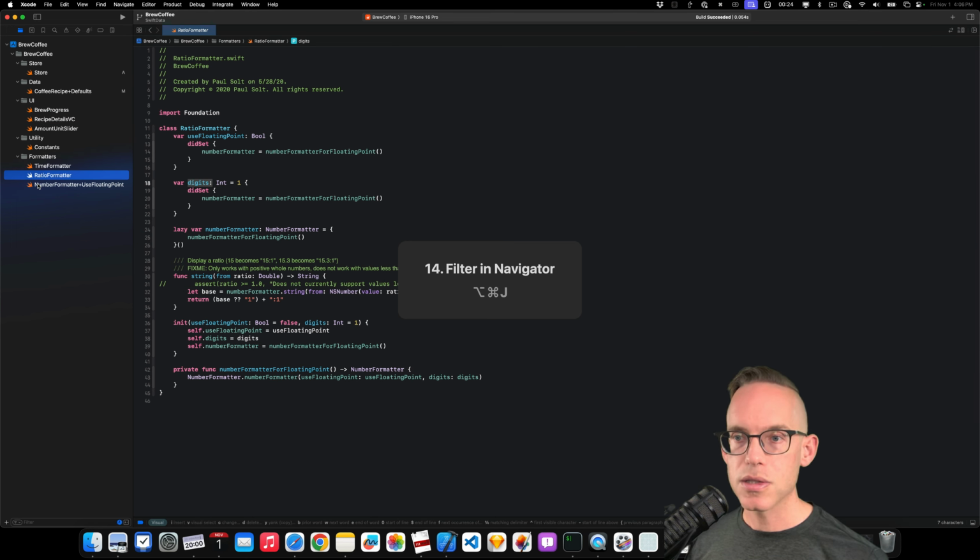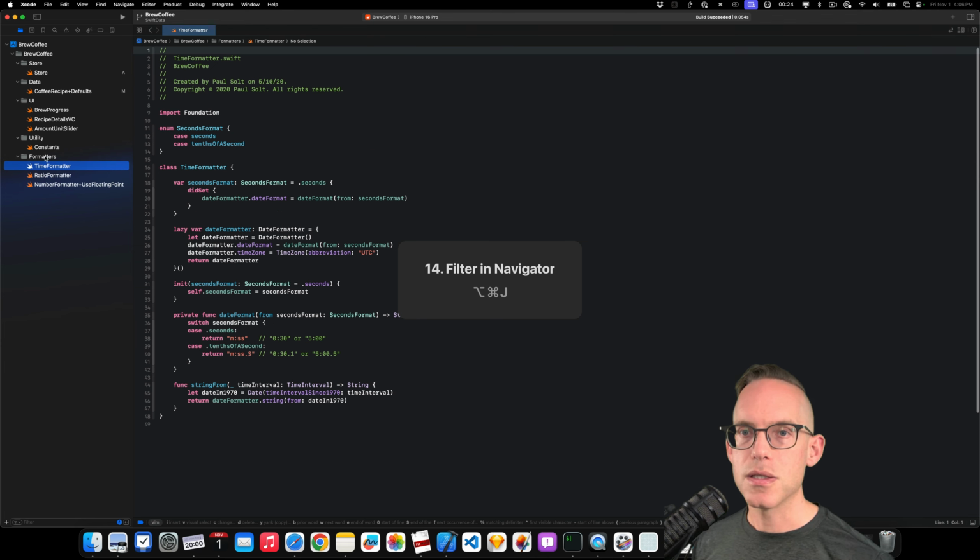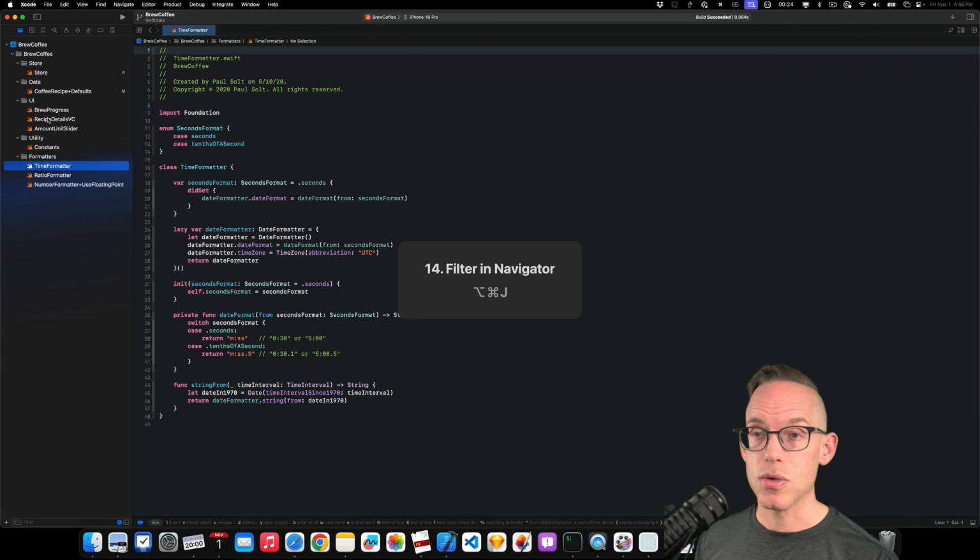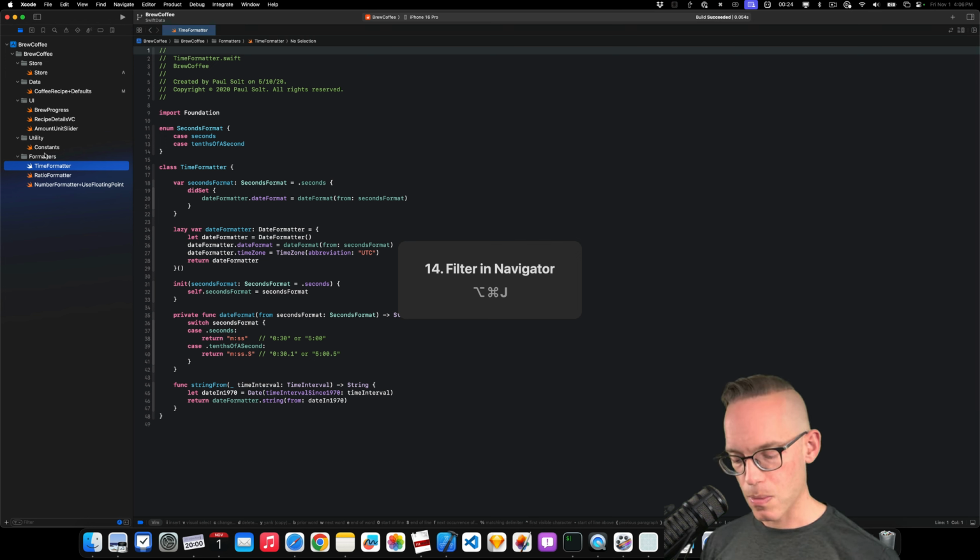So when you've got tons of files in Xcode, this is super helpful for cutting through the noise and finding those files that you know you want to explore or that you looked at previously, and you can go back to them. The last one that we're going to talk about, if I do this keyboard shortcut one more time,